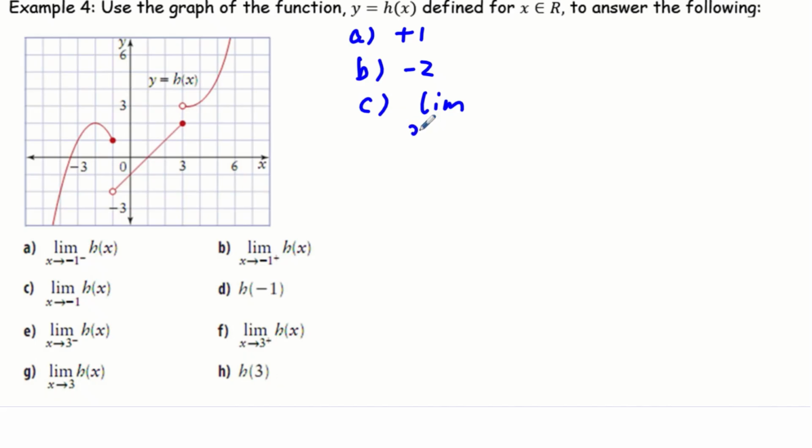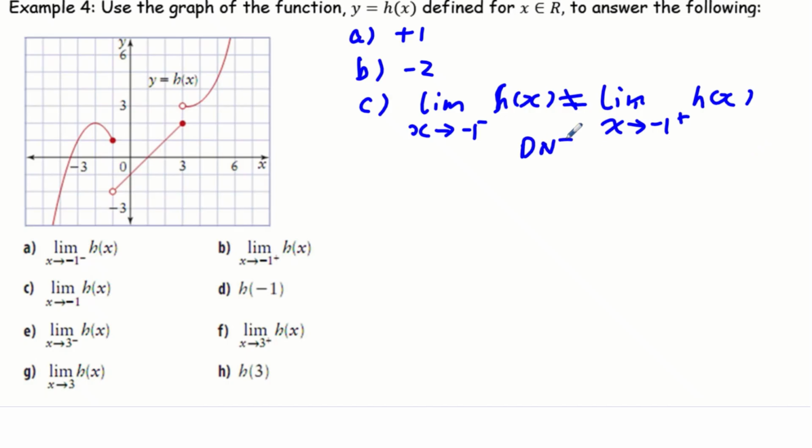So we write that because the left side limit of h of x doesn't equal the right side limit at -1, the limiting value doesn't exist. Then question D, the value of the function h at -1 is a solid dot,